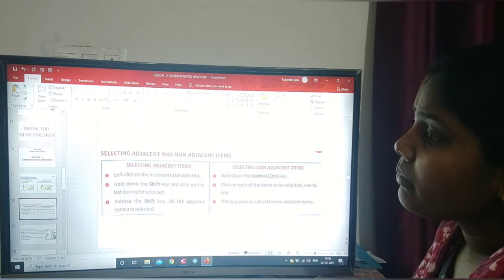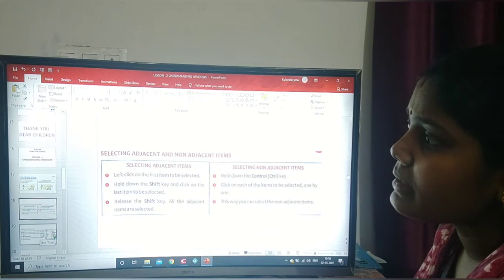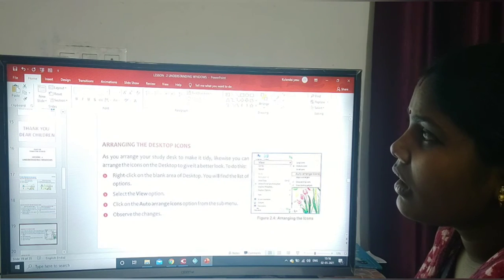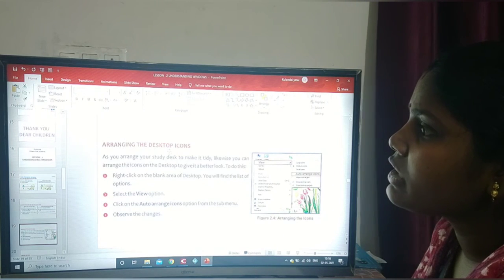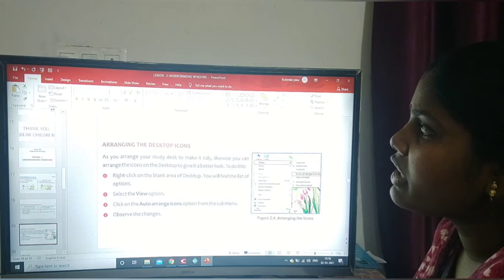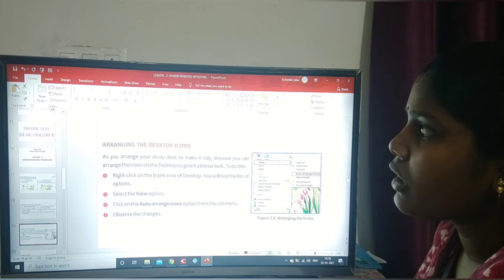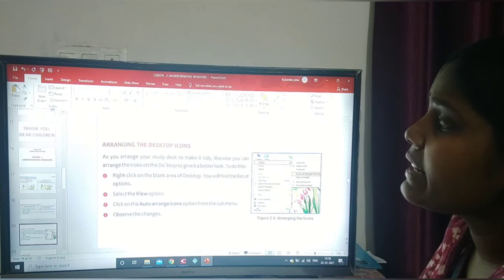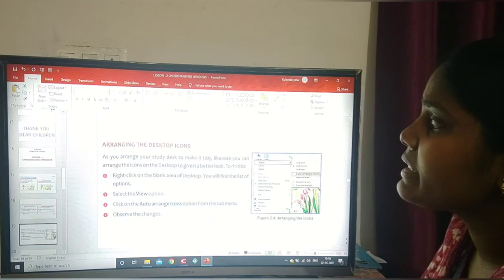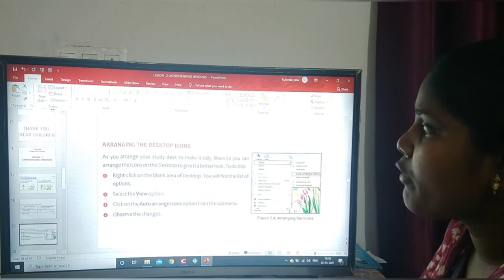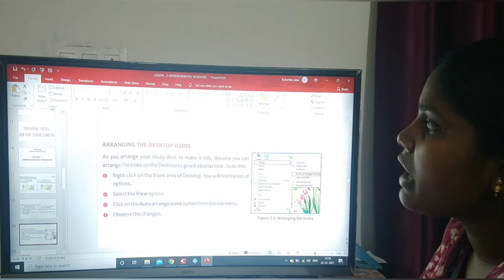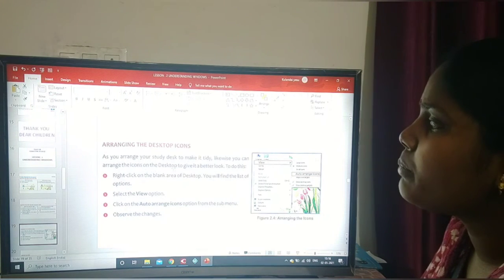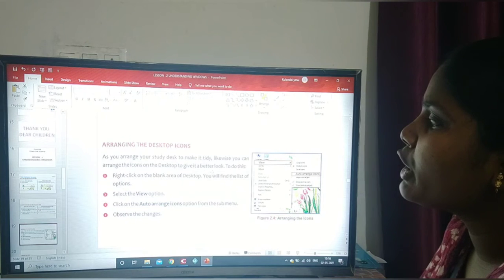The next one is arranging the desktop icons. Just as you arrange your study desk to make it tidy, likewise you can arrange the icons on the desktop to give it a better look.